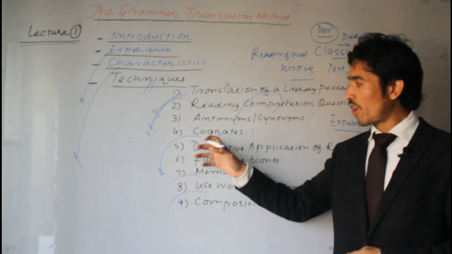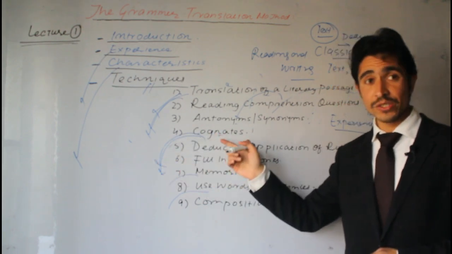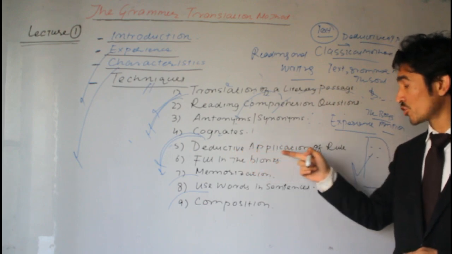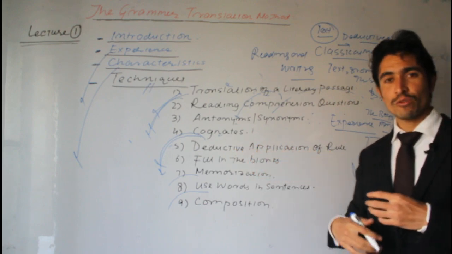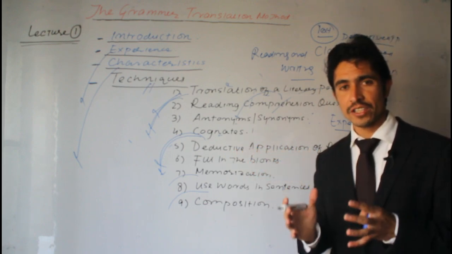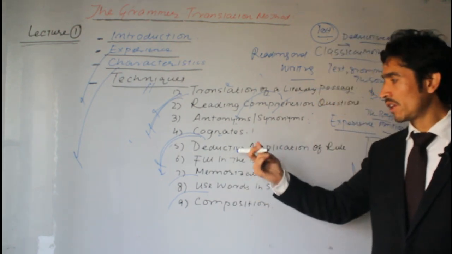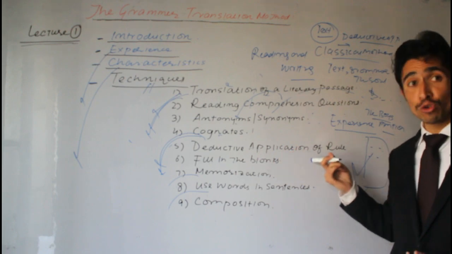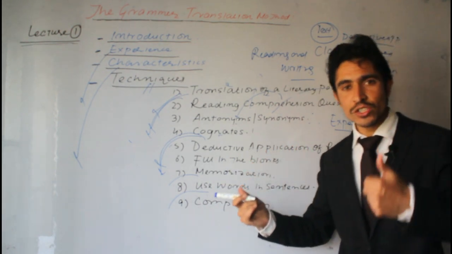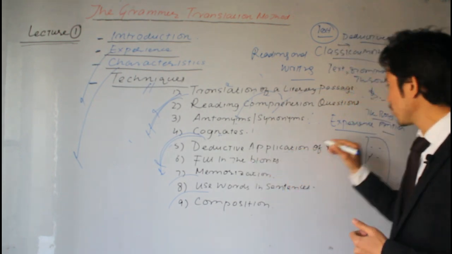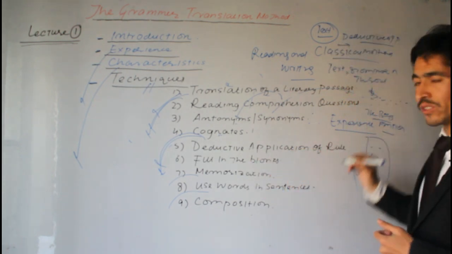They must find the cognates in the passage. The fifth is deductive application of rule, as we have already explained, where grammar rules are given with examples. Then the sixth technique is fill in the blanks, where they are given a series of sentences